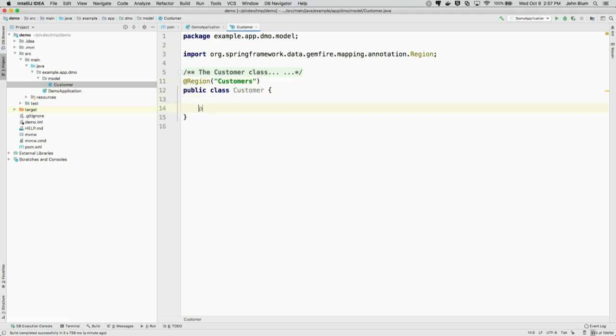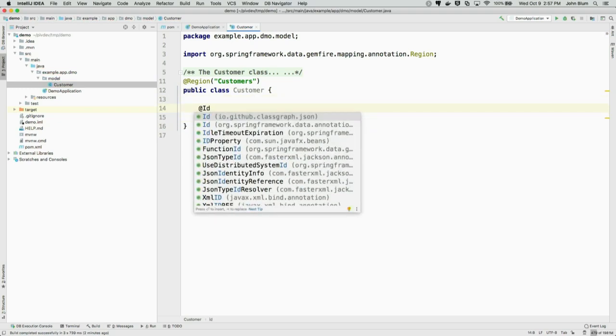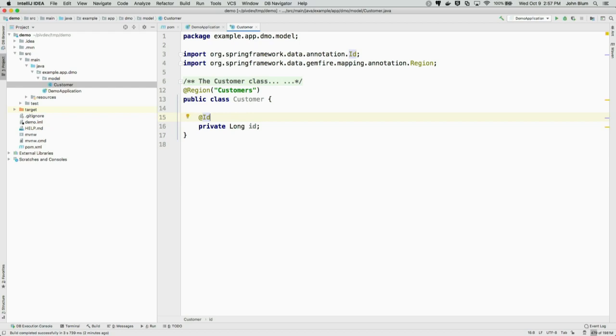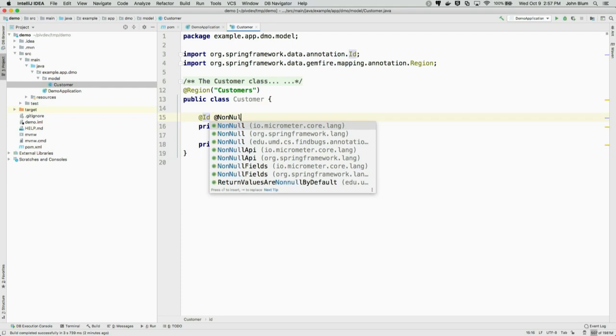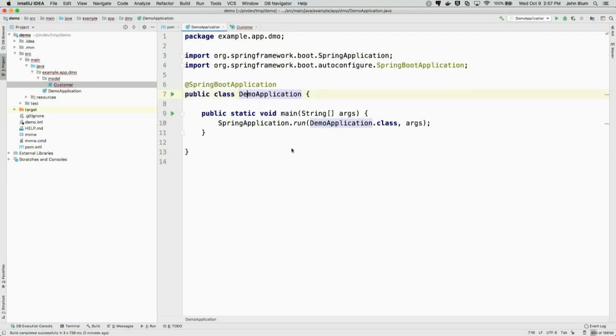So we're going to give the customer an ID, private long id. And we're going to say that it's the ID. This is the Spring Framework annotation for @Id. And we're just going to name our customer. We're also going to say that these things can't be null, so non-null. Before I do that, I'm going to actually use another library,